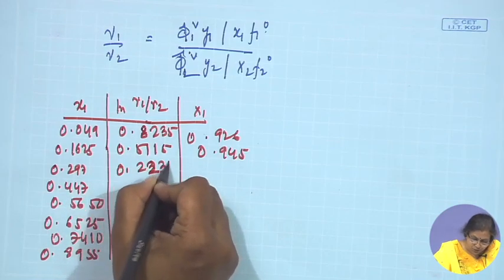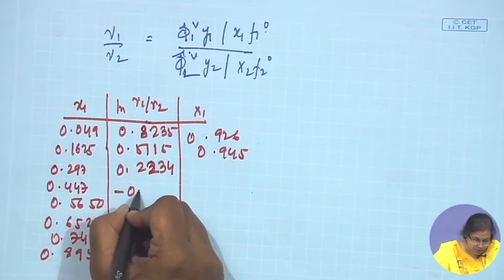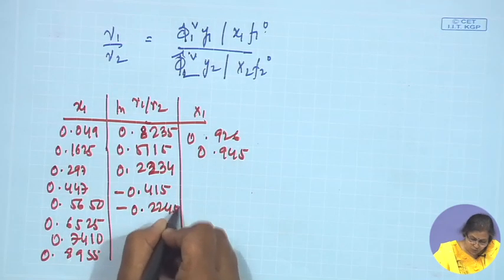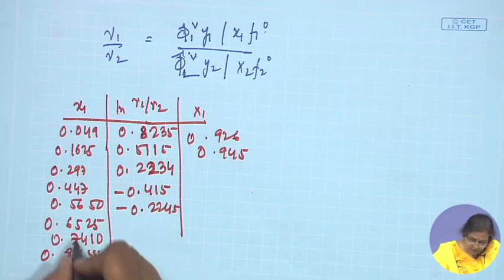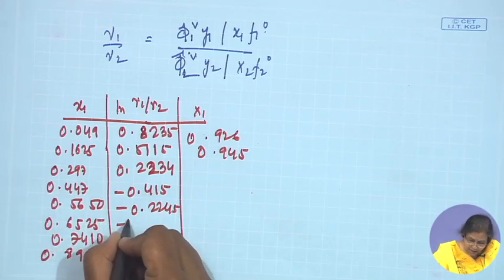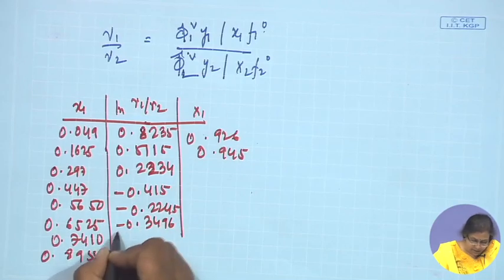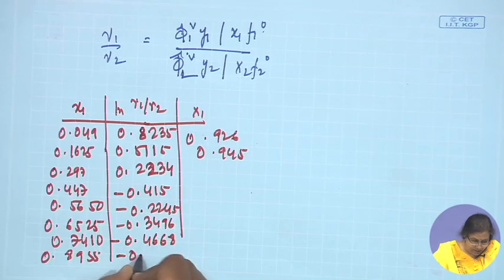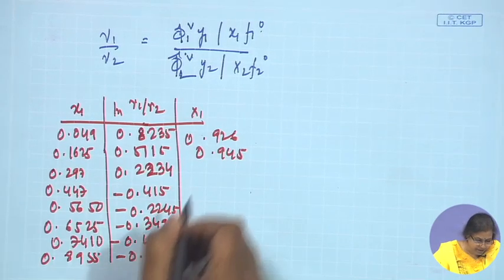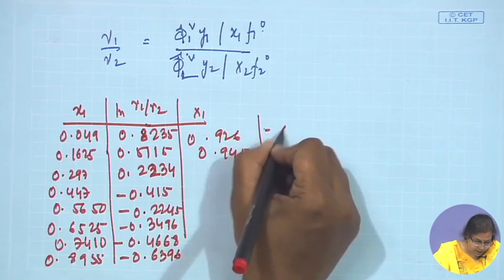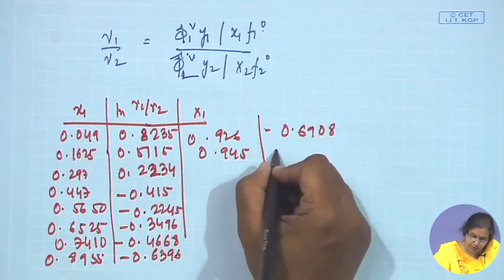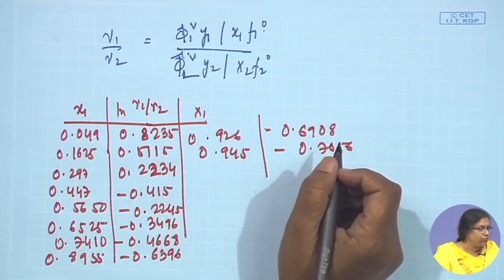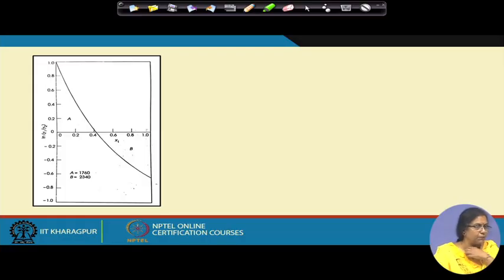This was minus 0.415, minus 0.2245, then it was minus 0.3496, minus 0.4668, minus 0.6396. This was minus 0.6908 and minus 0.7056. So, with these what you can do, you can plot ln gamma 1 by gamma 2